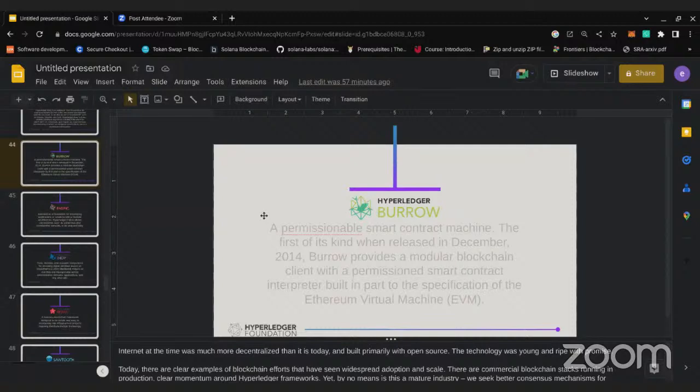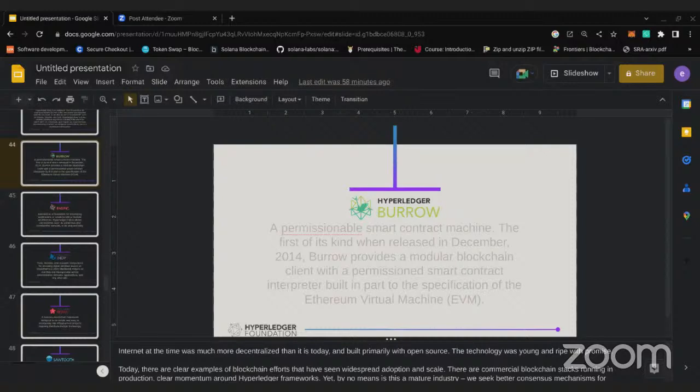It's more of a permissioned blockchain where you can integrate Hyperledger networks with the EVM ecosystem. If you are aware of the technical aspects of blockchain development, there is a way you bridge private networks and public networks so that you can share information between the two. That's what Burrow does.